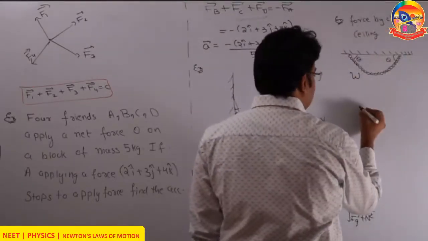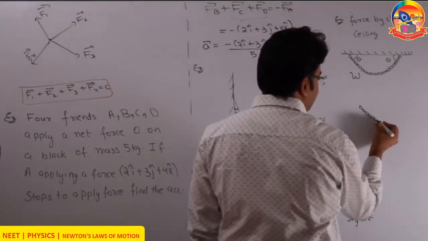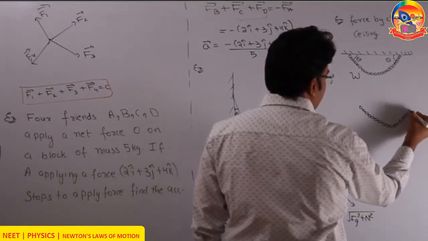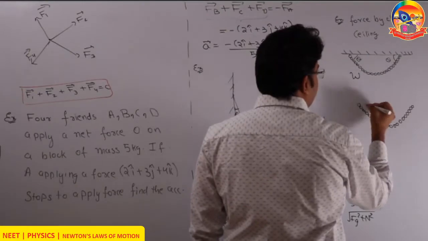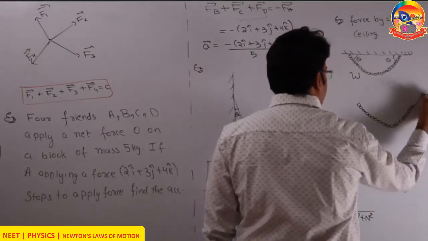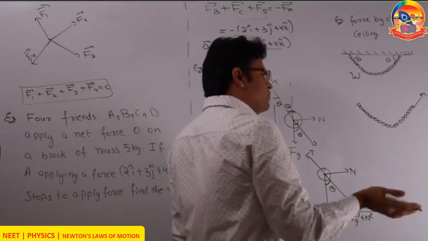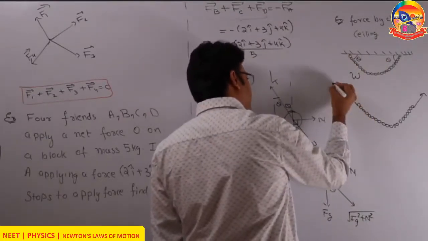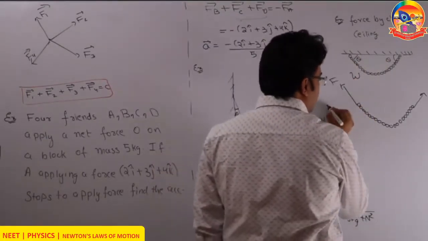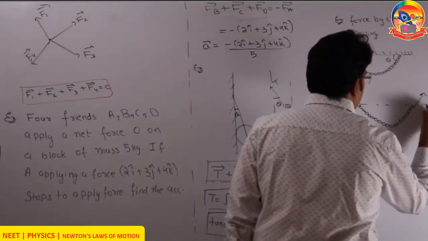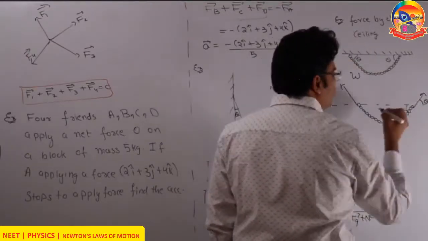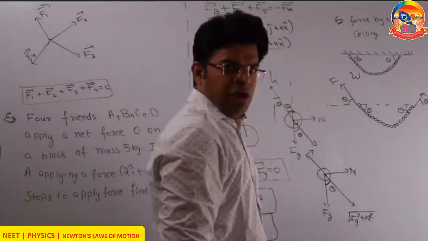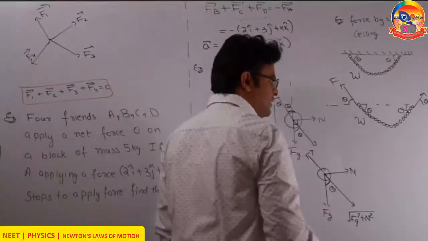So if we look at the free body diagram of the chain, let's say the right support of the ceiling applies a force F. Due to symmetry, I can say the left support will also apply a force F. Now kids, if this angle is theta, this angle is also theta. The weight of the chain is W.